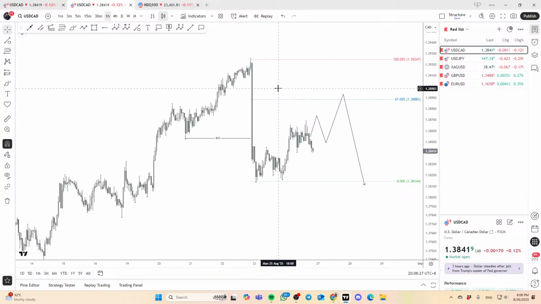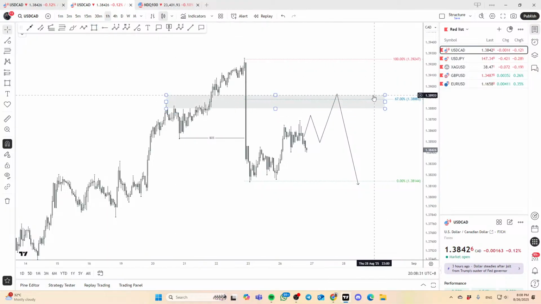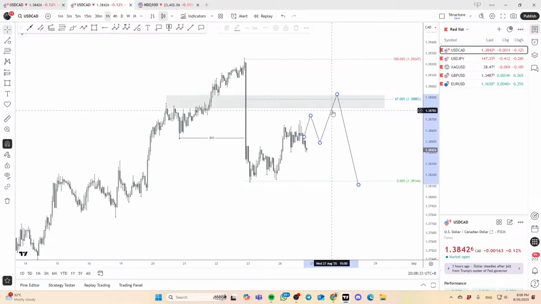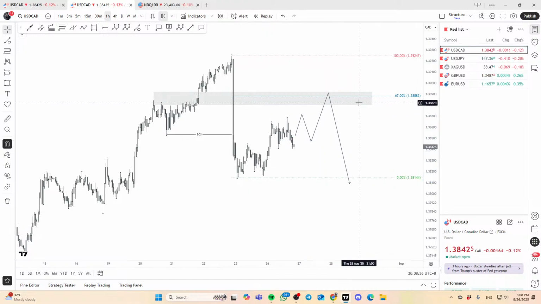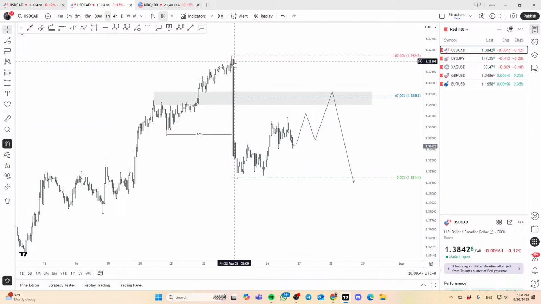So overall, I'm pretty comfortable in taking this potential sell here, around the 67% Fibonacci retracement, right? So the price point that is around 1.3890 if we can round up a little bit. Okay, your stop needs to go above that previous swing high, which will put you at 1.3925, and the target on this trade, as a short-term pullback sell trade,